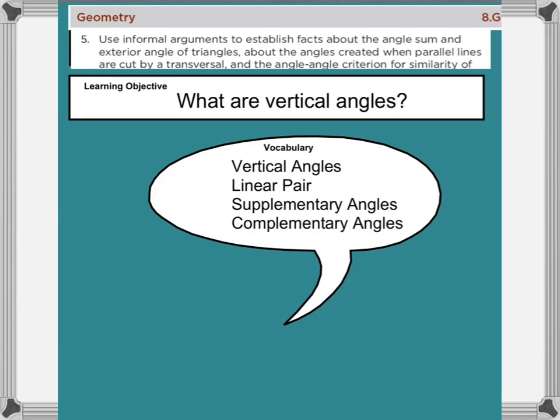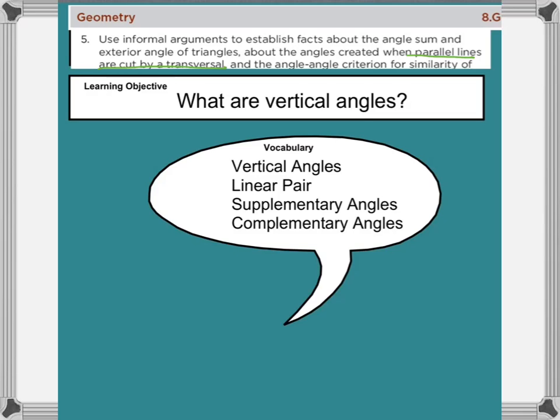Okay, today we're going to talk about the Learning Standard 8G5 and the Common Core State Standards. In particular, there's nothing in particular about the standard that we're going to talk about. This is actually going to be used for the next lesson, where we have to talk about angles that are created when parallel lines are cut by a transversal. So this vertical angle lesson will help us with the lesson that I outlined above, which will be the next